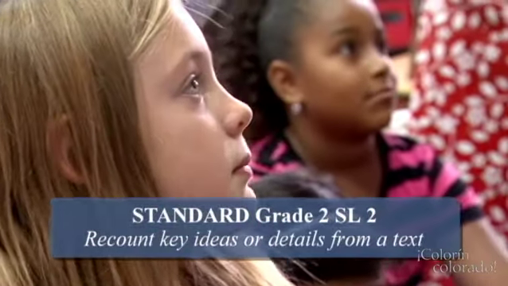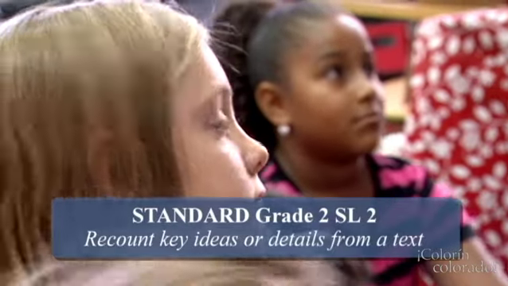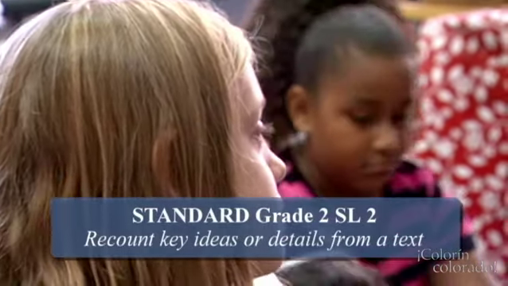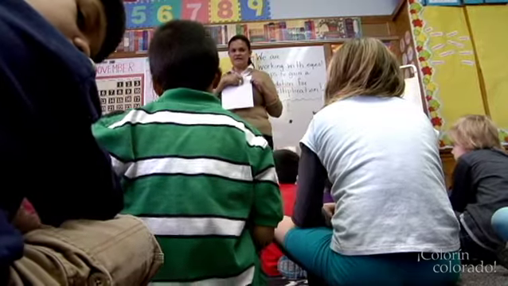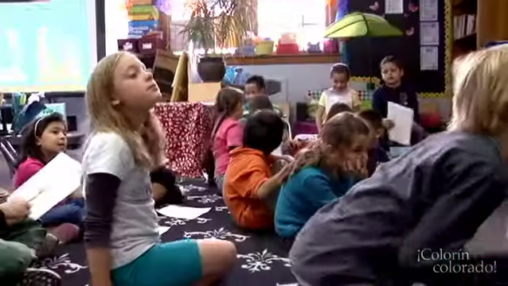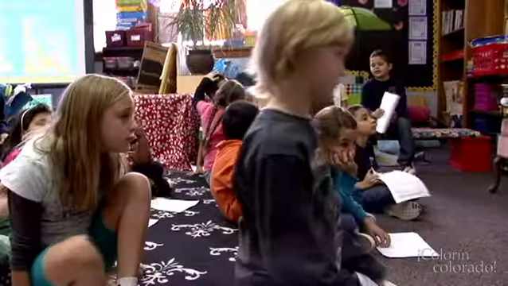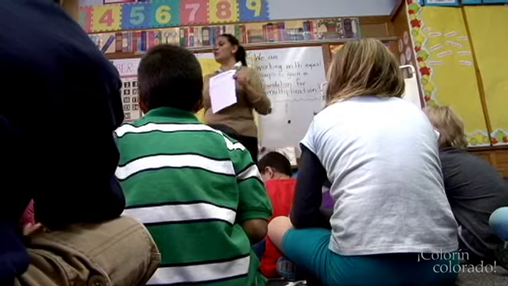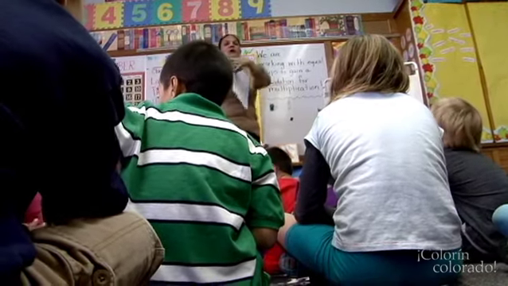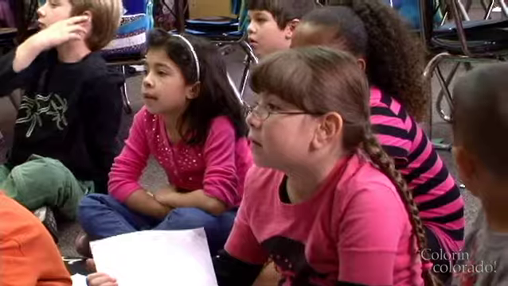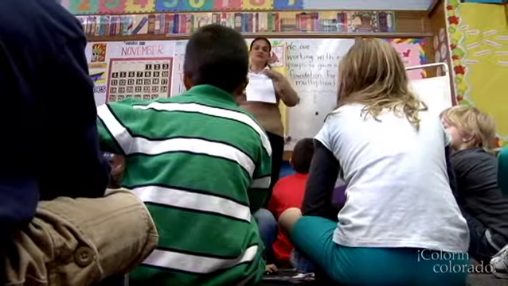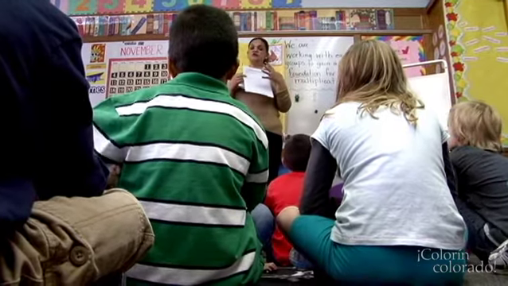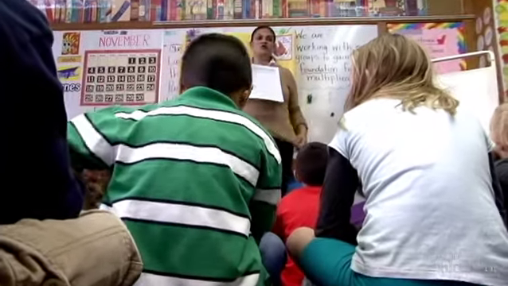To begin, she breaks the students into small groups and assigns each group a section of the story to summarize. You are going to discuss with your group, and you're going to write the same sentence. What happened in either, whatever you're assigned, beginning, middle, or end. And when you're done, we're going to come back and share those out. Does everyone understand that? I don't want to see you just sitting down and starting writing away. You got to talk to each other to see what you're going to put.